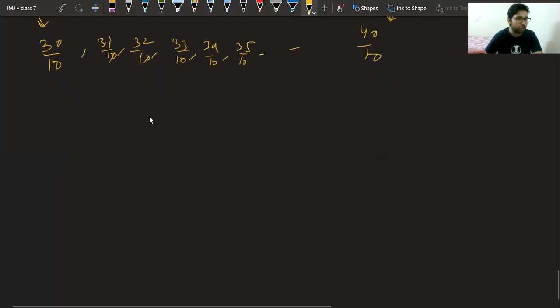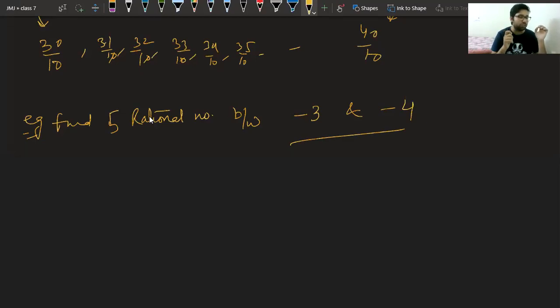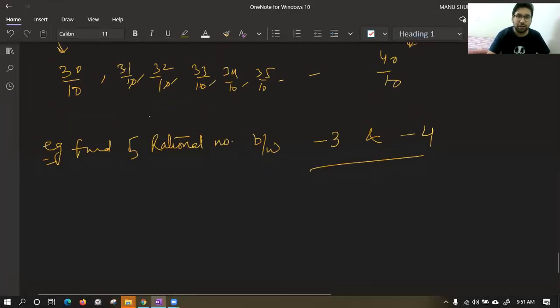So the question for you is, find 5 rational numbers. Now I'm going to confuse you, so please be careful, between -3 and minus, let me take, yes. So please follow the steps. I know you people can do it. Okay, try to find this question today and we will discuss it tomorrow. Little bit tricky it is. Just to have your minds working.